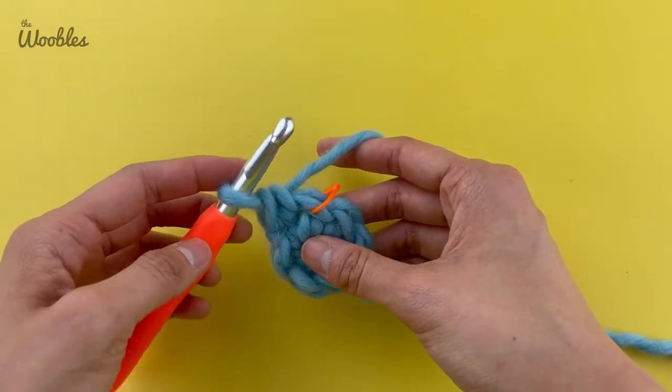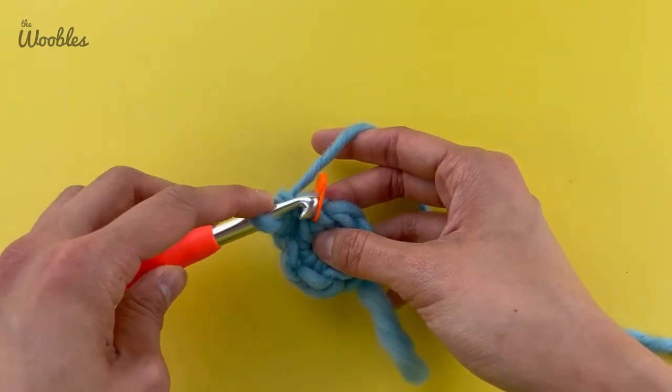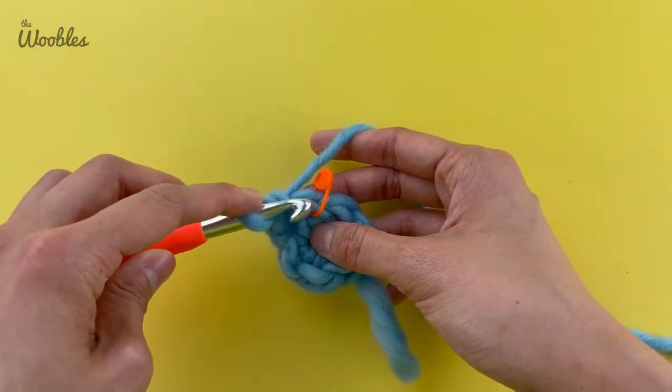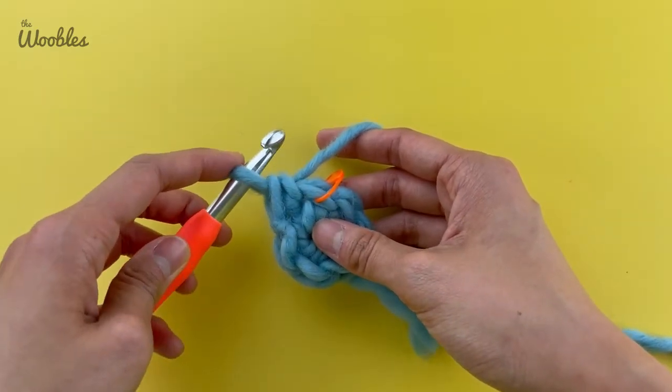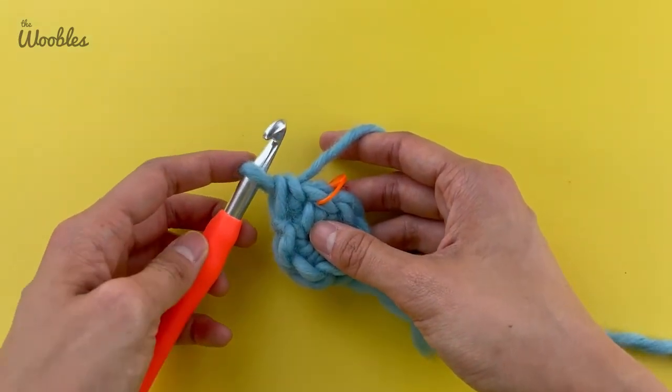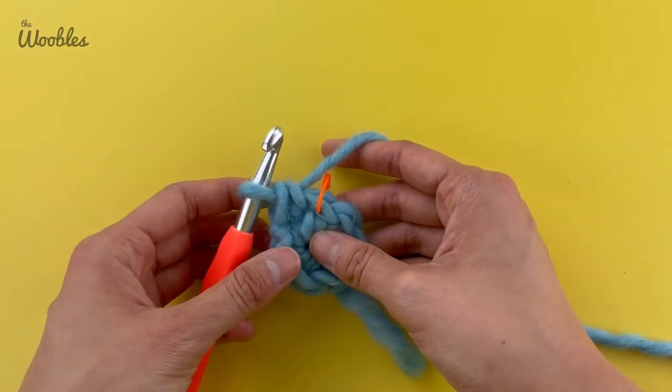And we need to put our hook in exactly the same spot, which means we need to put it in the same hole that the stitch marker is in, because we know that that is where we just put our first single crochet stitch. If you didn't have the stitch marker there, the other way that you can tell is